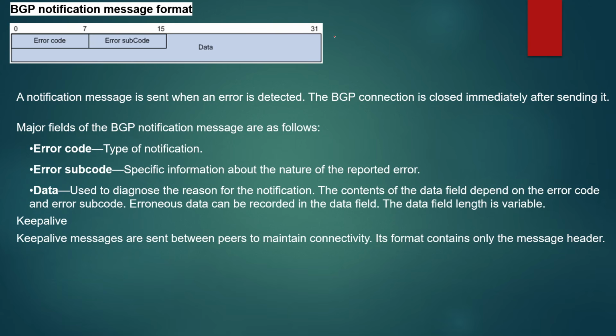So notification means it is telling. Notification means you will get a notification, right? If any text came in your WhatsApp, you will get a notification. Similarly, once BGP is established, if it went down, it will tell you why it went down. Due to hold time expiry or authentication mismatch, we have a lot of error codes. Why was the notification message generated? What is the code?